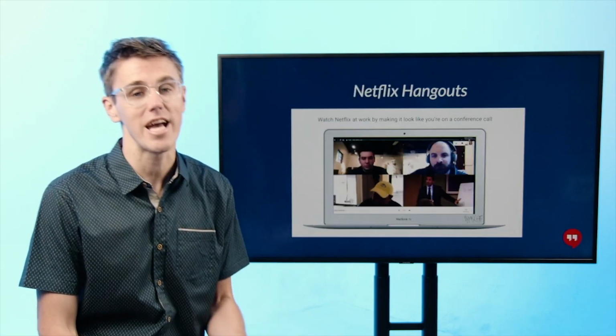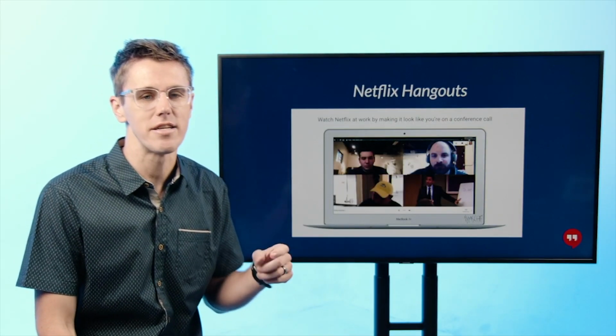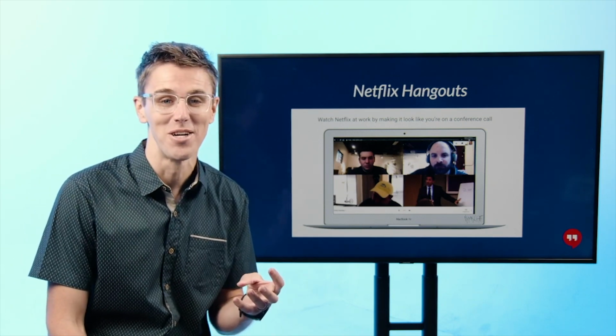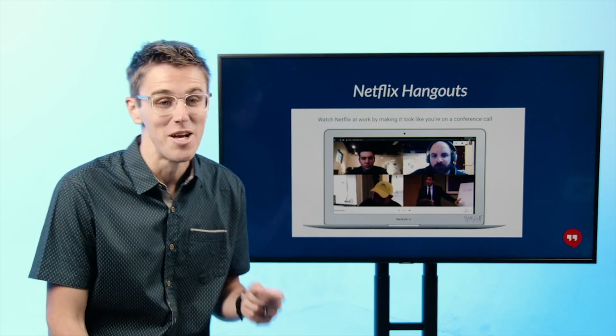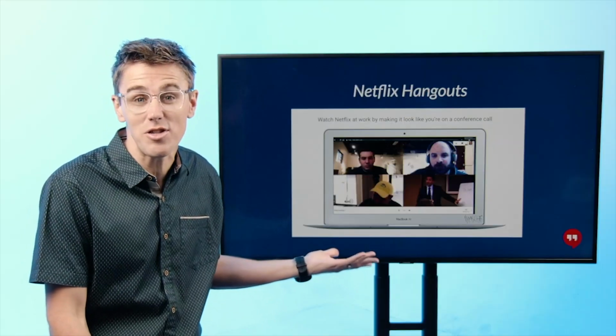Now you flash forward to today, and all sorts of things exist. This is something I stumbled upon a couple days ago that shows the evolution of video conferencing. It's a plugin, I think a Chrome extension, that you could use on a video call. The idea is that three of your friends could be on the call, and one of the windows was actually a Netflix portal, so it looks like you're working, but you're actually watching The Office. It was a way to get away from work. So I don't want you to use that and blame it on me when you're taking this course. But you see how much we've grown.